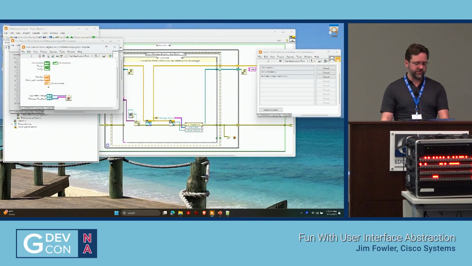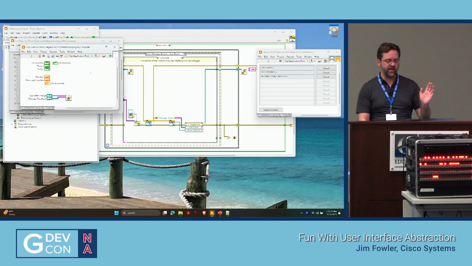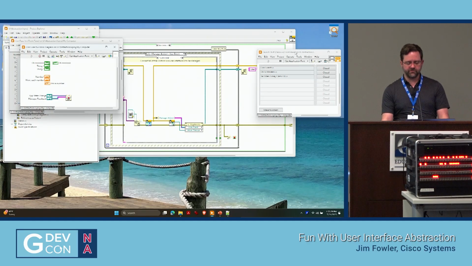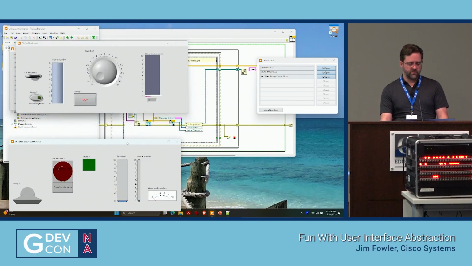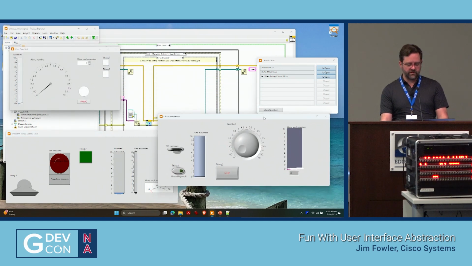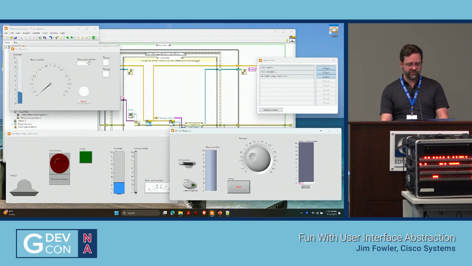But the point is there's really no code going on on the block diagram, as minimal as possible. So that gives you a lot of flexibility in what you're doing. Going back to the demo, if I launch these 3 windows of different user interfaces, it is surprisingly snappy. It really keeps up. So I find this to be one of the best ways to manage my user interfaces. I use these all the time.